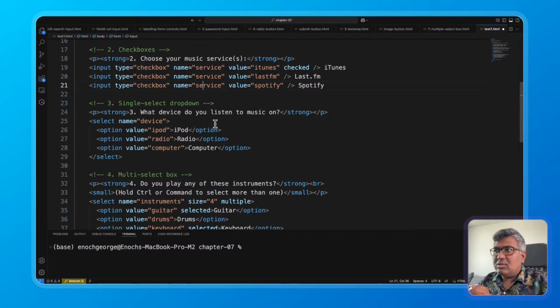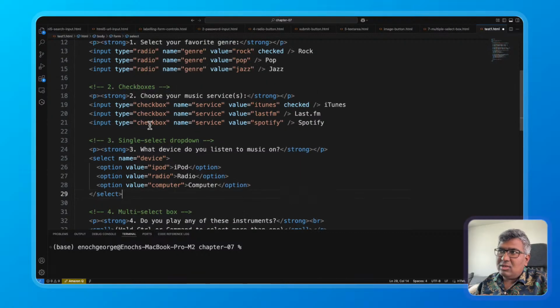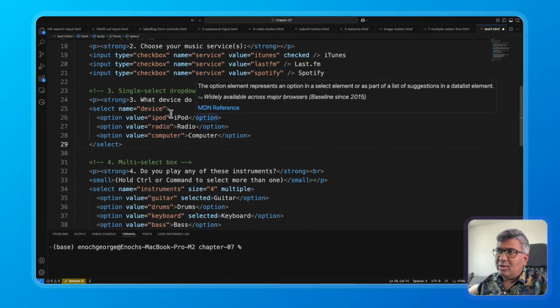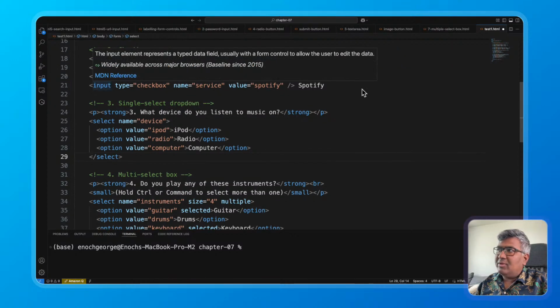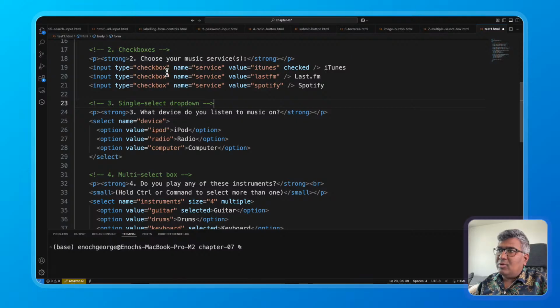And then they have a drop down menu, and here we have again a text: what devices do you listen to music on, and then come three options. Again here it's going to be different, because checkboxes are different, radio buttons are different, and drop down is different. So when you click it, you will drop down three things: iPod, radio, or computer. Here you can see that this is an option. Here we have input type equal to checkbox, and for drop down there is a different